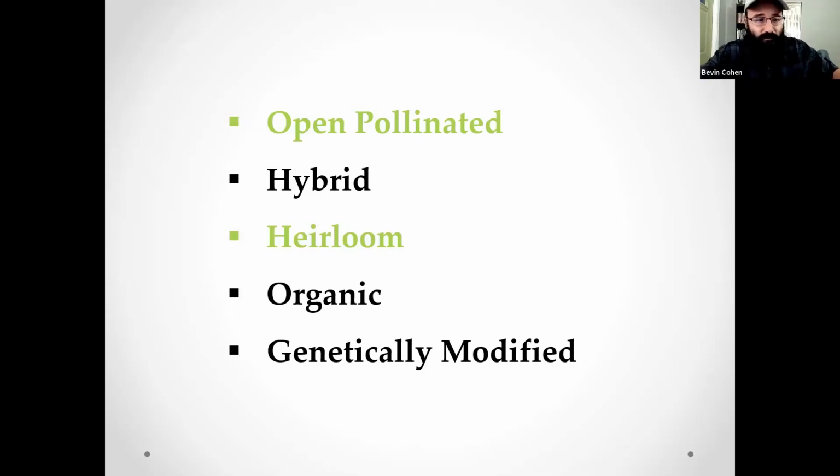If we save the seeds from one of these hybridized sweet corns and plant them again the next year to get the F2, well, the gene that causes corn to be sweet is a recessive gene. So the likelihood that that F2 corn that we grow is going to be a sweet corn at all is about 20%. Not good odds, right? That could be pretty frustrating. So when we're new to seed saving, when we're growing for food for our family, we want to stick with